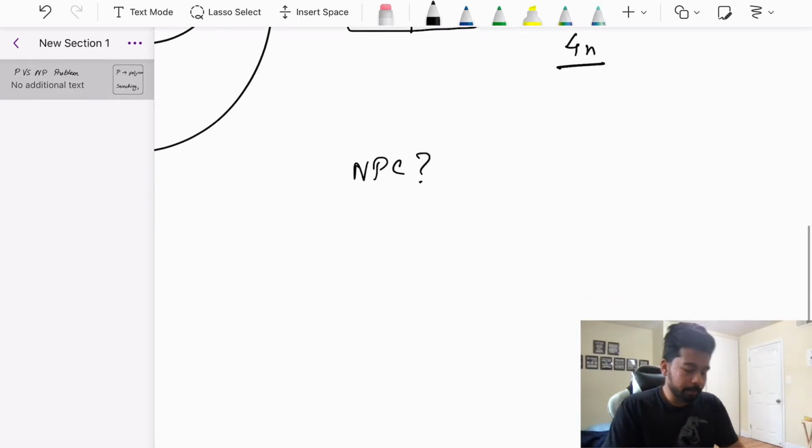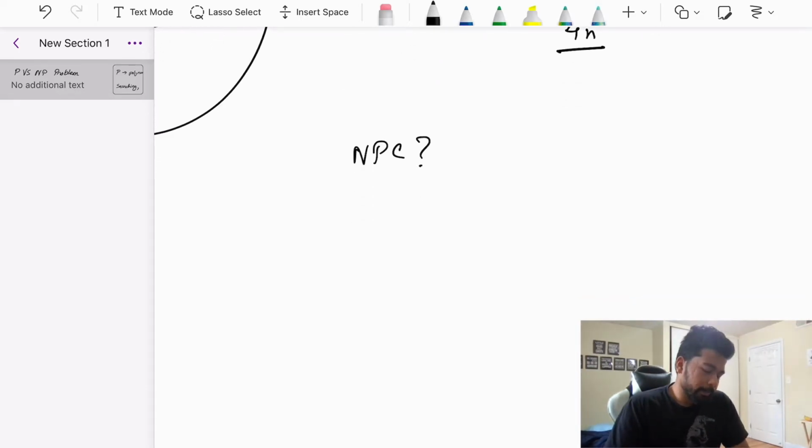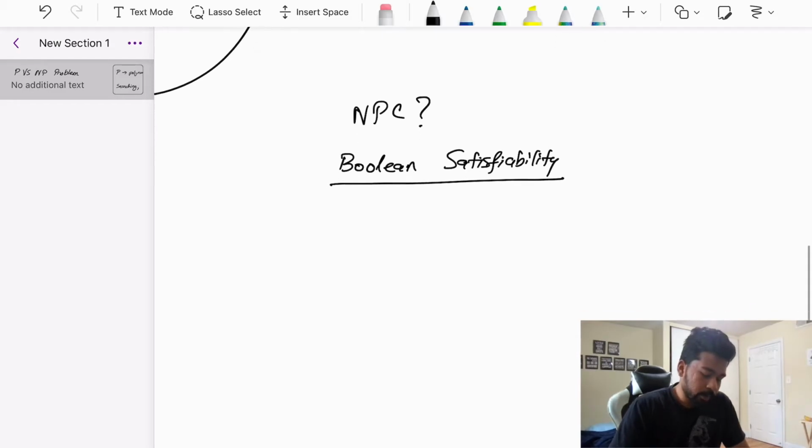What do I mean by this? Let's say the most basic problem, people call this the king of all NP complete problems, is this problem called Boolean Satisfiability. What does this mean? This is actually very simple. It just means that